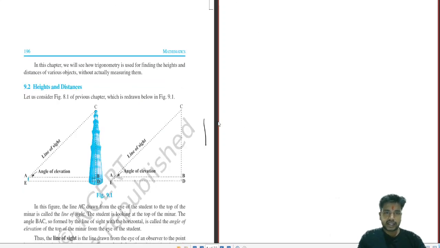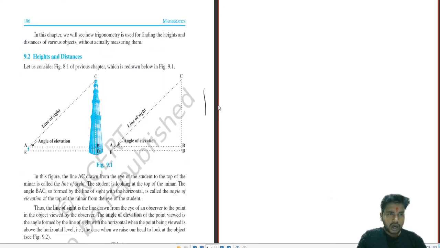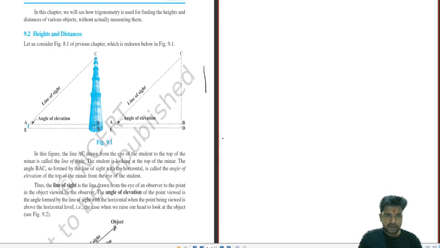Now see, they have shown it with the Qutub Minar, I think. They have not given any name, so take it as a lighthouse. You are standing over here and you want to see what is going on at the top. Or you can say there is a lighthouse, there is one bell over there and it is ringing. Now suddenly you hear the ringing and you start looking above there.